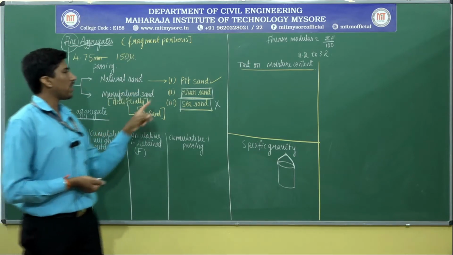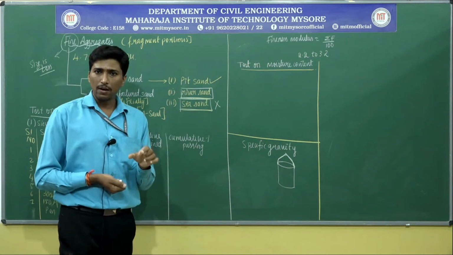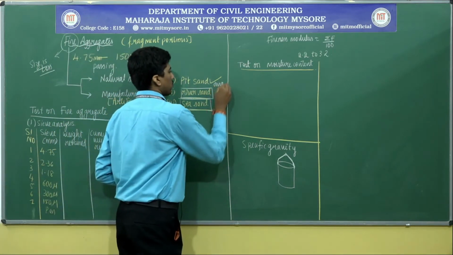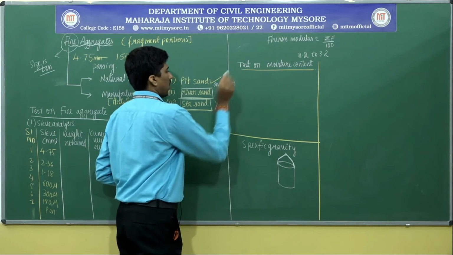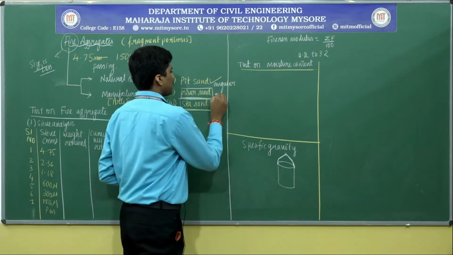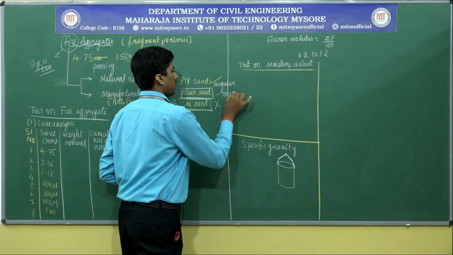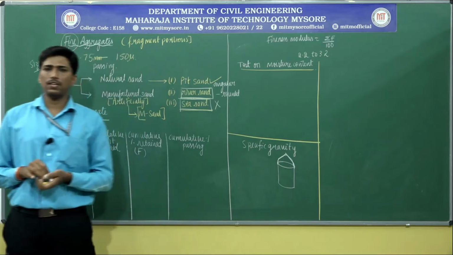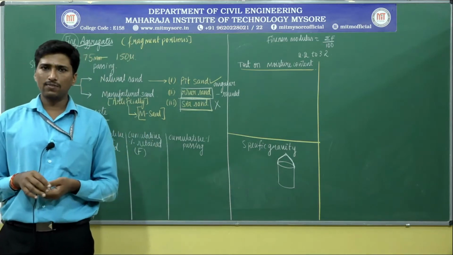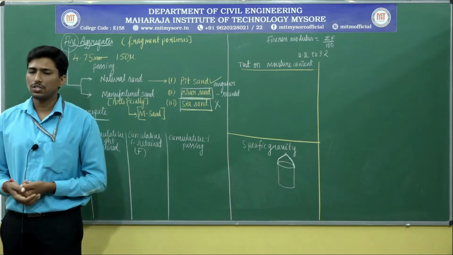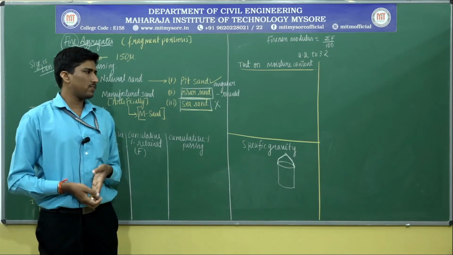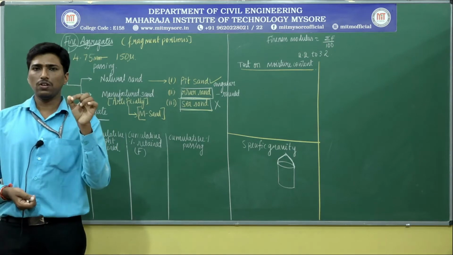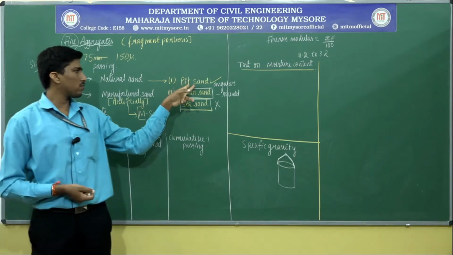One thing to specify here: in pit sand, the particle shape is angular in nature. Angular in nature. River sand is completely rounded in nature. These are the fine impurities containing the active salts, sodium content and chloride content are also present. Therefore, this kind of sand is much finer when compared to the pit as well as the river sand.